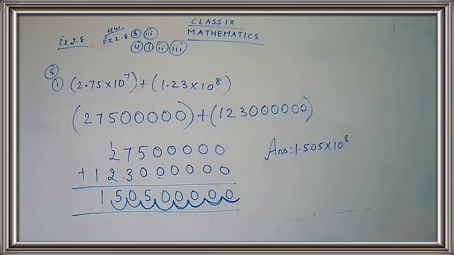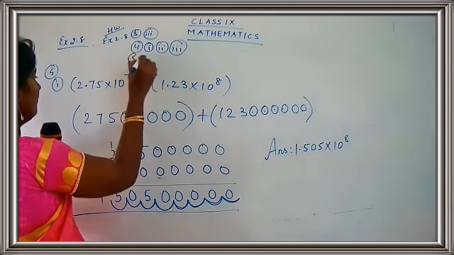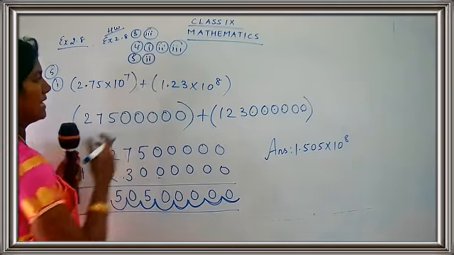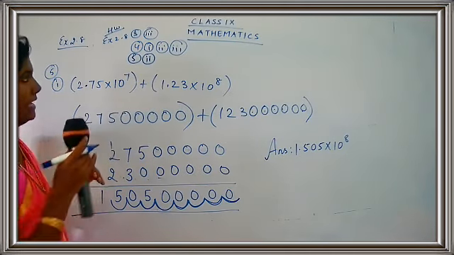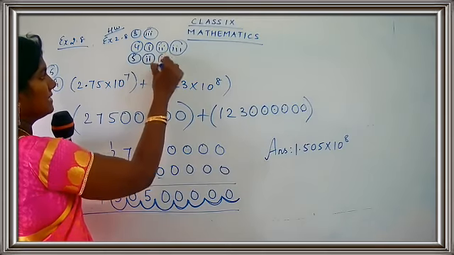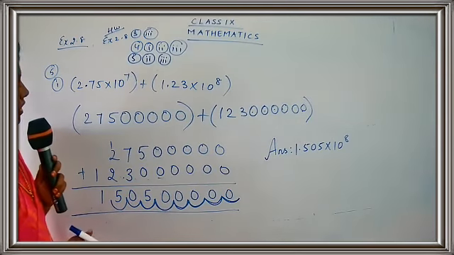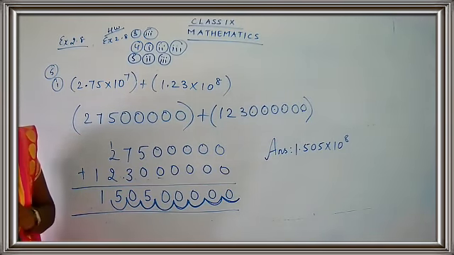Okay, clear? Are you clear with this, children? So we have completed question number 5, the first subpart, and I want you to complete the second subpart and the third subpart. The second subpart is subtraction. So just follow the same method and complete the answer. The third subpart is like your fourth, the third question where we did simplify.